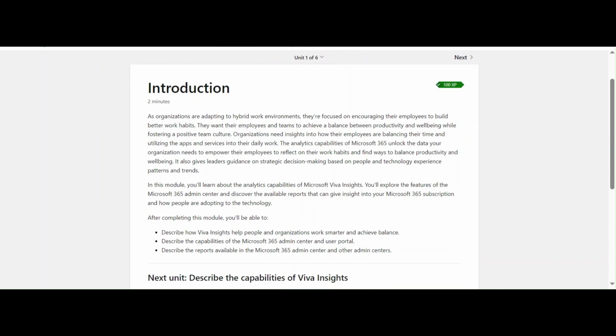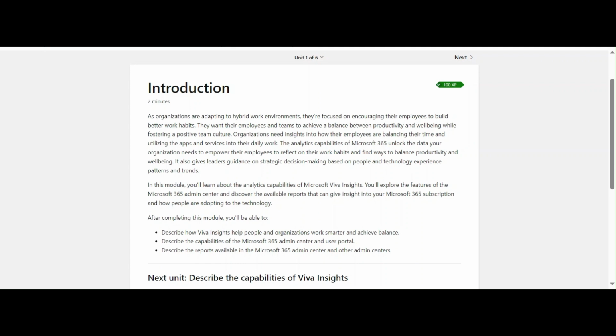in situations or in different use cases, for example smart working environments as well as achieving work-life balance on different teams or organizations, since we have seen that all the different companies as well as the organizations are moving from fully remote to hybrid work, or from different locations, kind of remote as well, right? And that is when this tool or this capability of Microsoft 365 is really going to be helpful